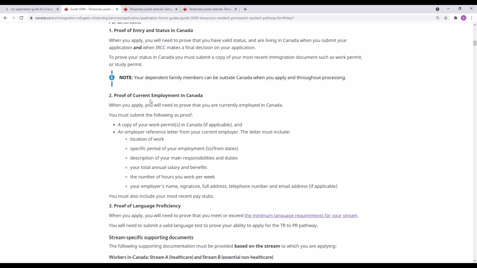Number 2 is proof of current employment in Canada. In order to be eligible for this program, you must be currently working in any job. It doesn't have to be your NOC category job. It doesn't have to be part-time or full-time. You can work in any job. To prove that, you have to provide a copy of your work permit,